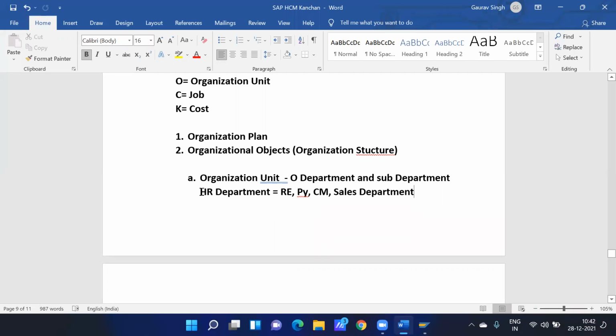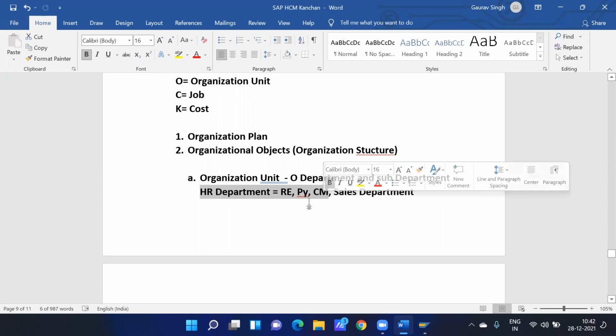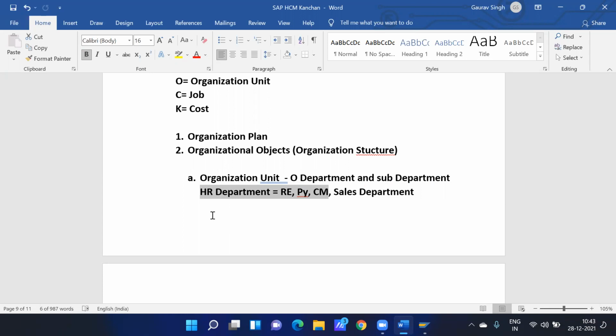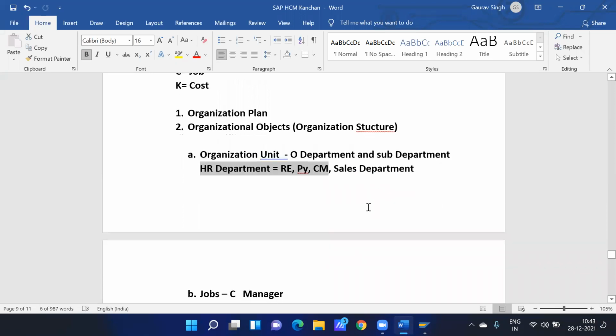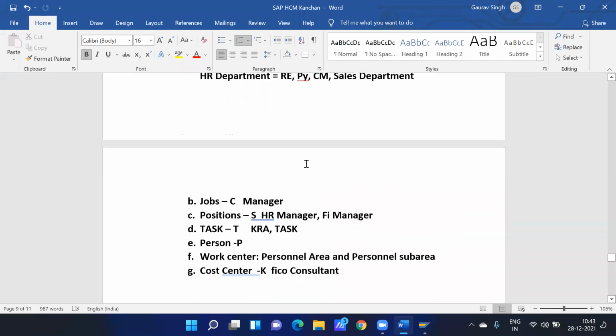So let's say in the HR department, we have recruitment, payroll, compliances, talent acquisition. In the finance department, we have accounts payable, accounts receivable, and bank reconciliations and all. We have to create these objects. So in simple words, in the organization unit, we have to create departments and sub-departments.